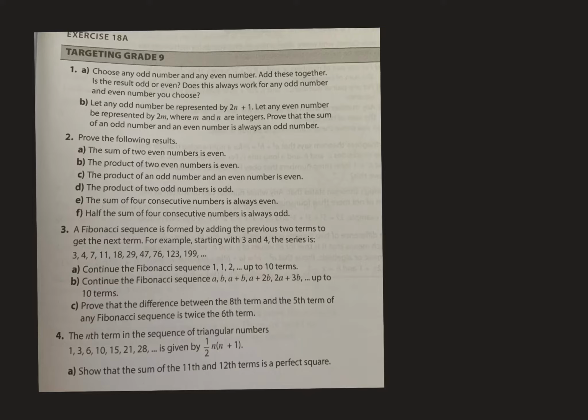Right, so these are the questions I want us to be trying. But let's try one example: half the sum of any 4 consecutive numbers. Consecutive means one after the other. So 2n, 2n plus 1, 2n plus 2, 2n plus 3. It's always odd. So sum: